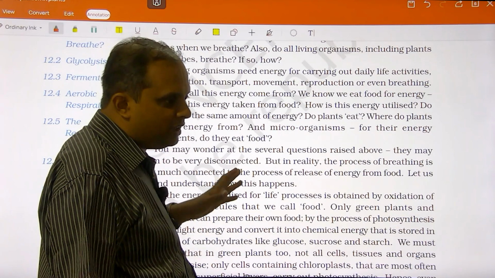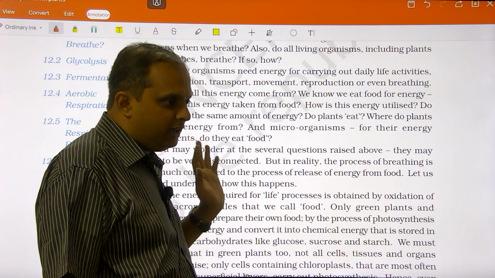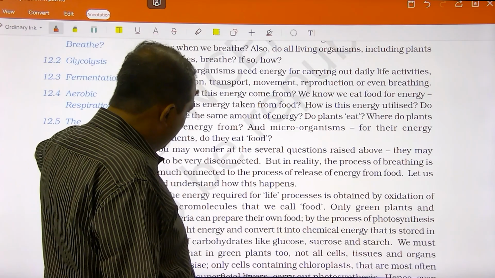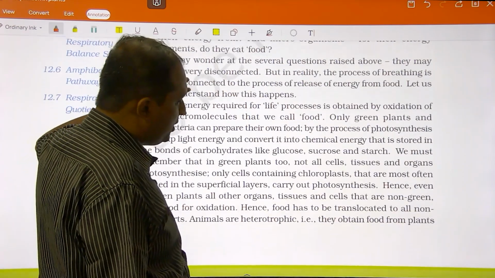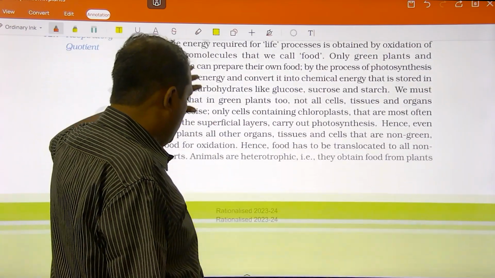So this is the concept. So plant definitely respires, right? Internal respiration is what is given in the initial paragraphs, nothing else, right? Okay, so